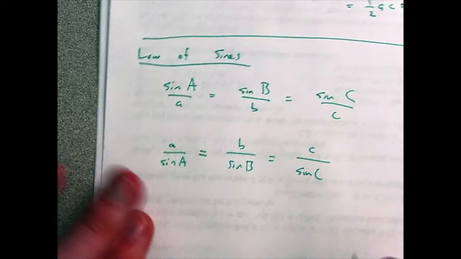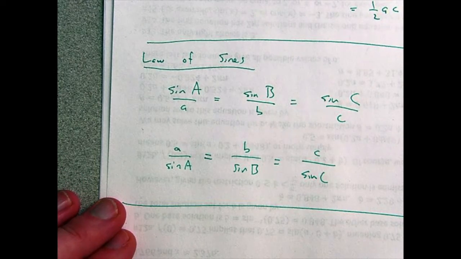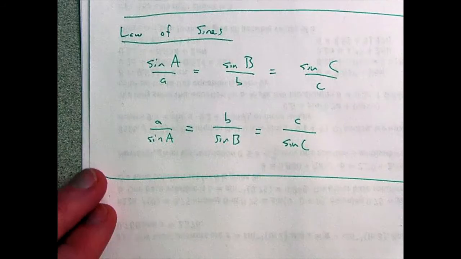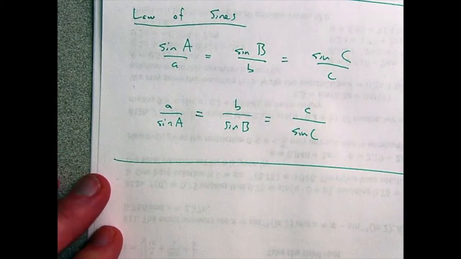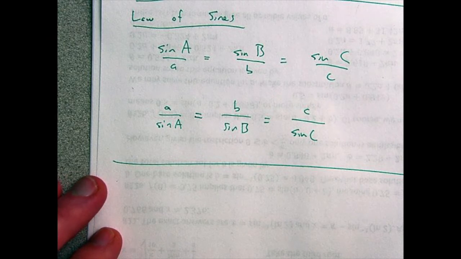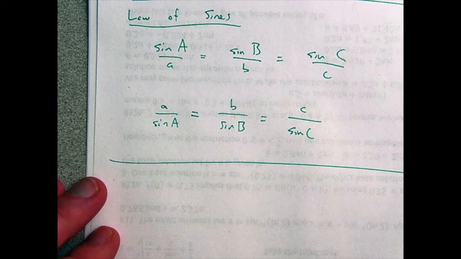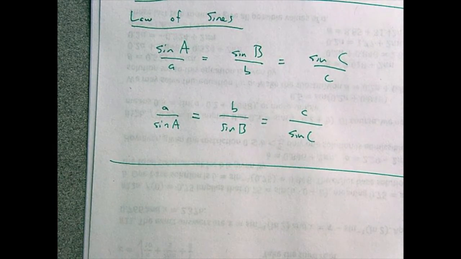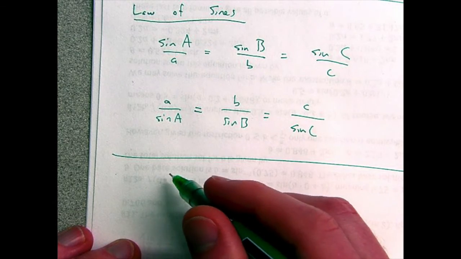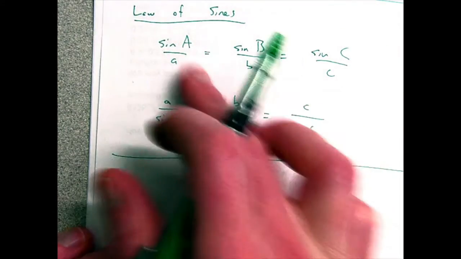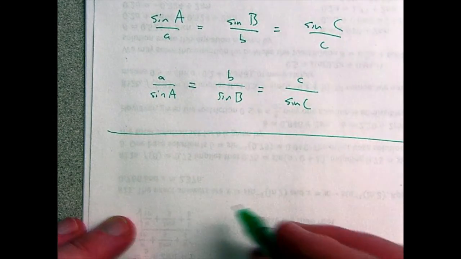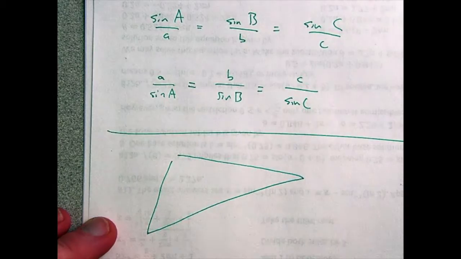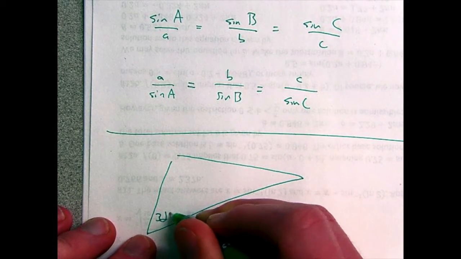Okay, so what we're going to do today is, in your homework, you learned how to use the law of sines to solve triangles given two angles and a side. So I had you solve at least one triangle where you knew two angles and you knew one side, and you'd use the law of sines to find the others. So something like this, if I gave you a triangle and I was like, oh, this is 32 degrees and this is